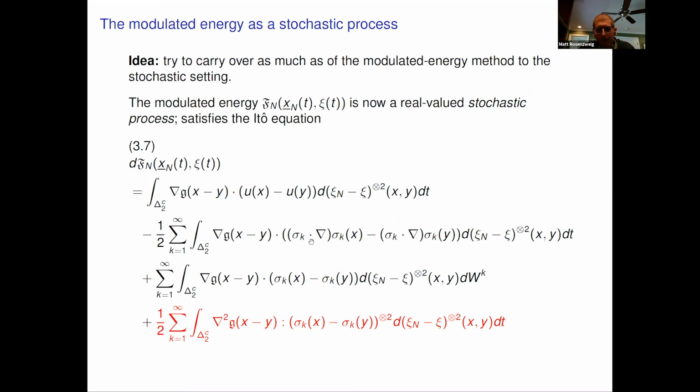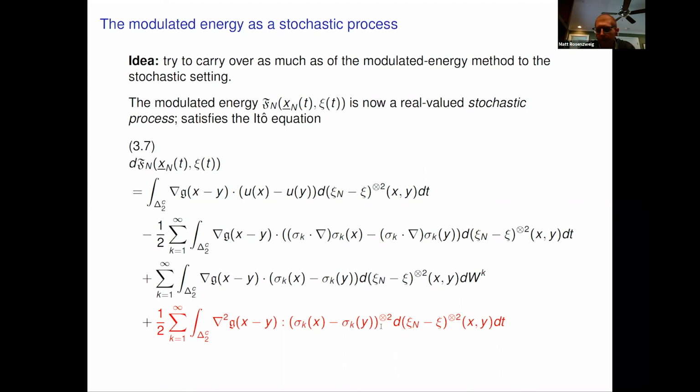You know, just call this sigma_k dot grad sigma_k a new vector field V, and we can apply the estimates we had before pathwise. This third term, this Ito term here, this has zero expectation, okay? So we don't really need to worry too much about this. You could also estimate directly if you wanted. This last term, though, I think is what's difficult, and I've colored in red. So we now are dealing with the second order correction, and we have this more complicated kernel structure appearing here. And it's unclear how to apply the estimates that we had before in order to control this.